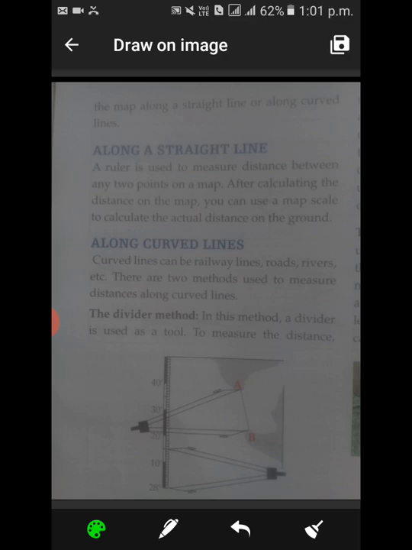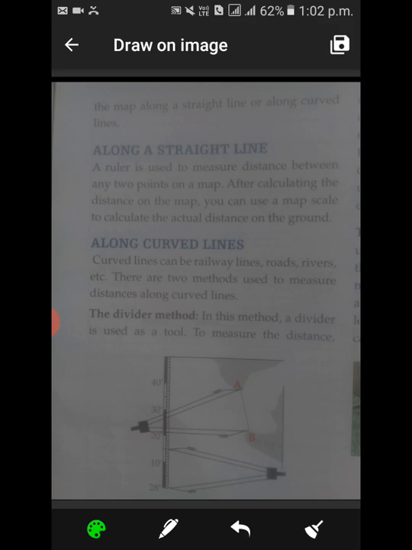When we are going somewhere, first we want to know what the distance is, how long it will take to reach, and we all plan for the destination. So measuring distance on the map is an important part of map reading. It can be useful while traveling to reach the destination or to search for a location. Nowadays it is very easy with Google Maps, but suppose you have a map, then how will you measure the distance? That we will study in this video.